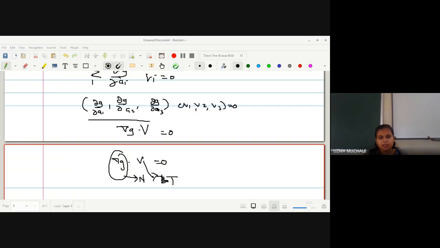Yes, ma'am. So this will work as a very important part to find del g, and many questions are asked in the SET exam about this. Find the normal, or which of the following is a normal to the surface. They will provide you the surface. Suppose the surface is given as x square plus y square minus z square equal to 1.